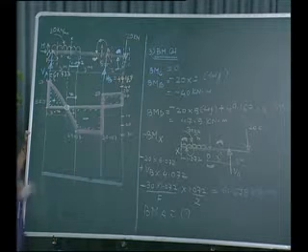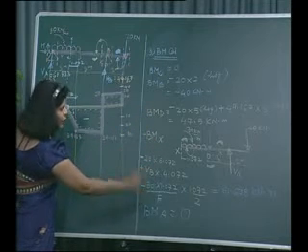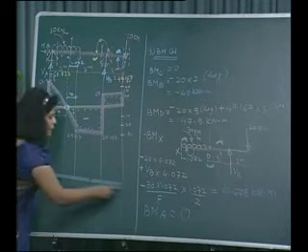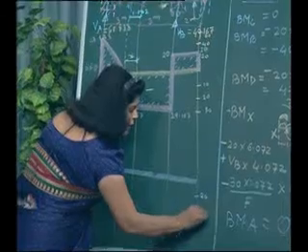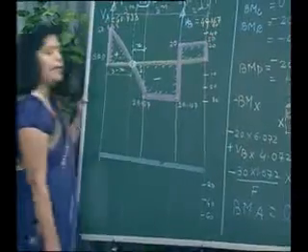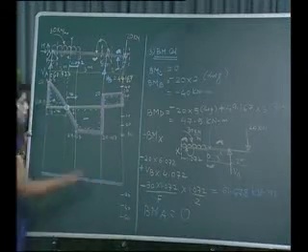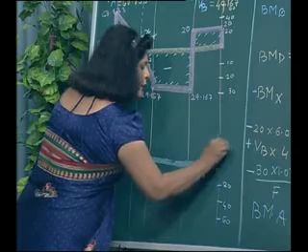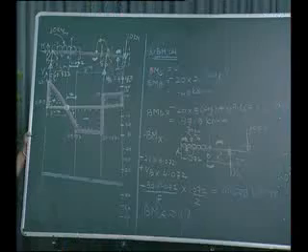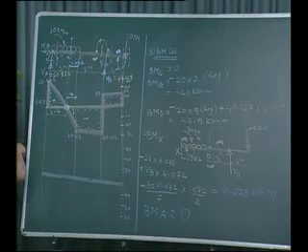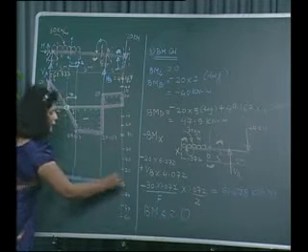Now we will see what is the maximum value, positive and negative, because positive values are to be drawn above the baseline, negative values are to be drawn below the baseline. So to start with, the maximum negative value is minus 40, right? So below baseline we can say this is 20 and this is 40. And this is 60, okay? And the maximum value above baseline is how much? 61.67. So again we can say this is 20, this is 40 and this is 60, okay? Now to start with, bending moment at point C. So at point C the bending moment value is 0. So we can show it as 0.